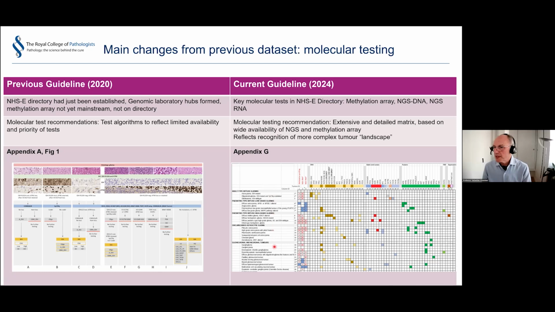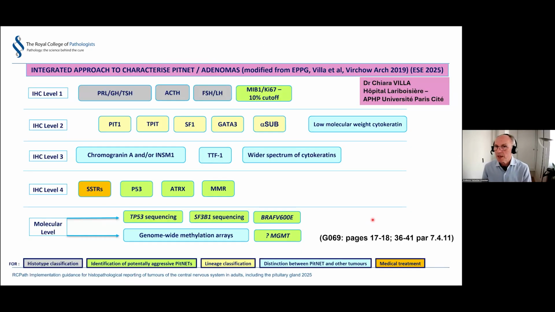On one hand, you have here the diagnosis of a proportion of the tumors, and here are the different test methods. This is all very nicely laid out in Appendix G of our current guideline. So these are next-generation sequencing methods, methylation array methods, and how to combine them to achieve the most accurate tumor diagnosis. With this, I would like to pass on to one of the co-authors, Federico Roncaroli, who will talk about PIT-NET and pituitary lesions. Thank you, Sebastian.